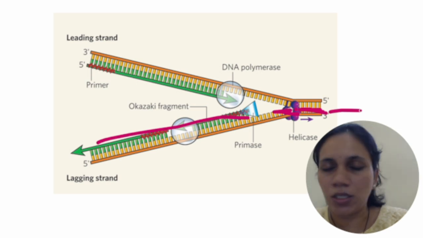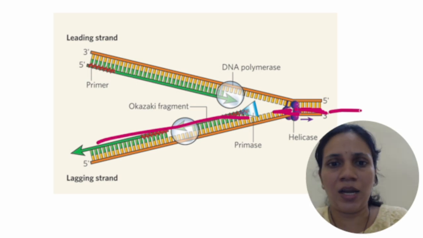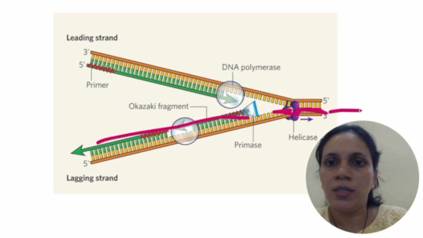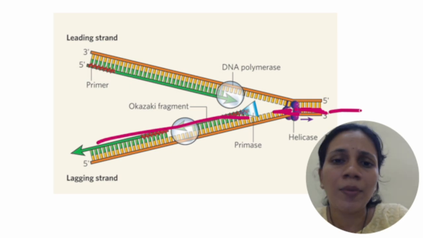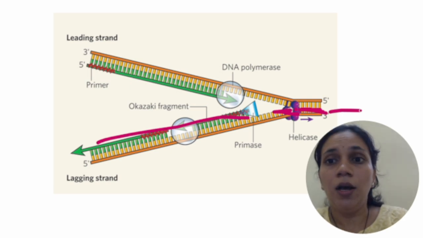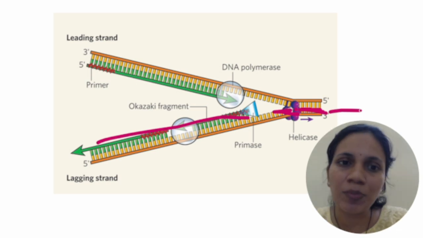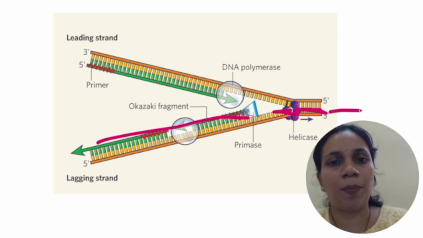The logic is very common sense, right? The thing that is already open is very easy. Let's take one example. Say there are 5 chairs. They are empty, so you can come and sit wherever you want. But once that position is occupied, you cannot come and sit. You have to wait till new chairs have been added or your sitting arrangement has been done. The same thing occurs in DNA replication.